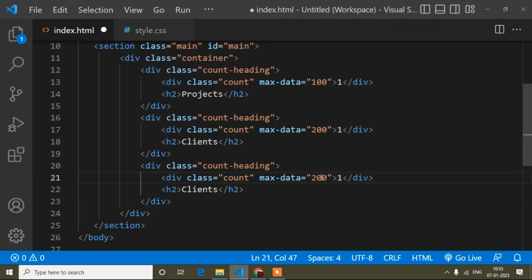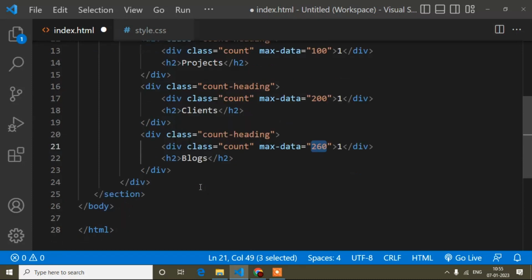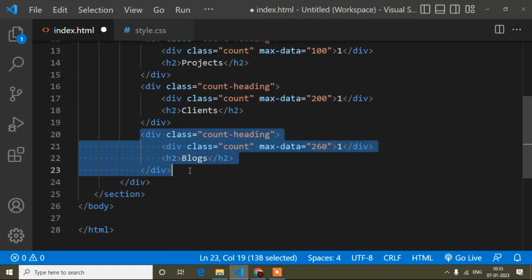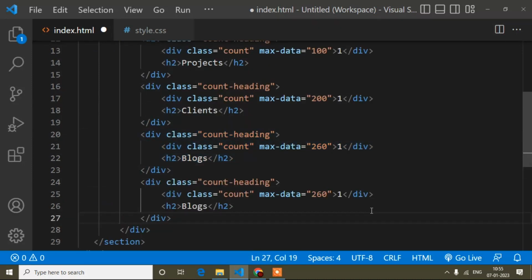And now here, suppose this one I will write 260. Okay, and this one is blocks. Suppose this website has written some blocks, so how many blocks have been written? So like this. Okay, and again I will copy,